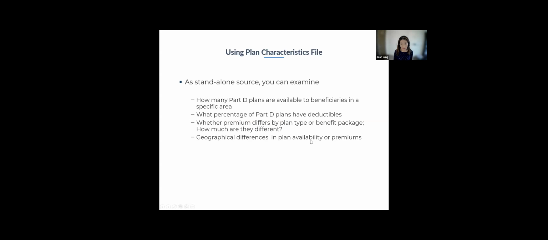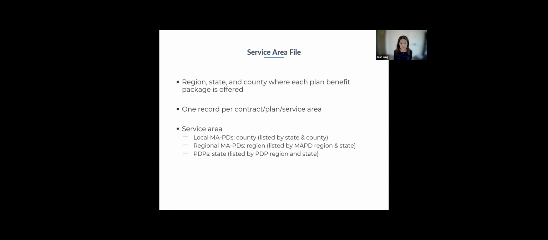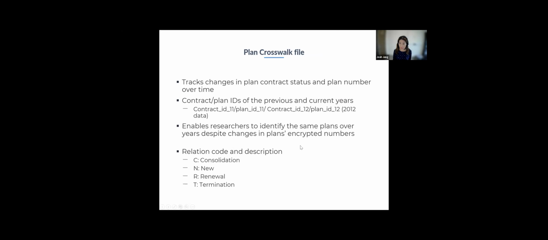So for the MBSF file, you use plan contract ID and plan ID. For the plan base file, it should be the plan base file and tier files. But if you are using premium files, you have to use the contract ID, plan ID, and segment ID. I'm not sure, this should be county, not quite sure about segment ID. Service area. Yes, the service area does have a segment ID. It should have a segment ID and service area, because segment ID represents county, different counties. Sorry, I will fix this.